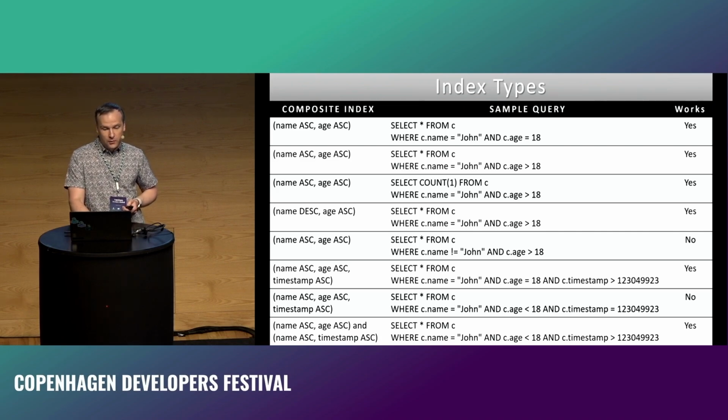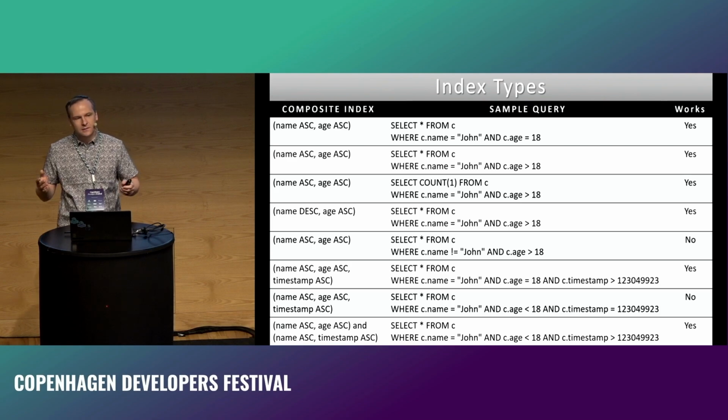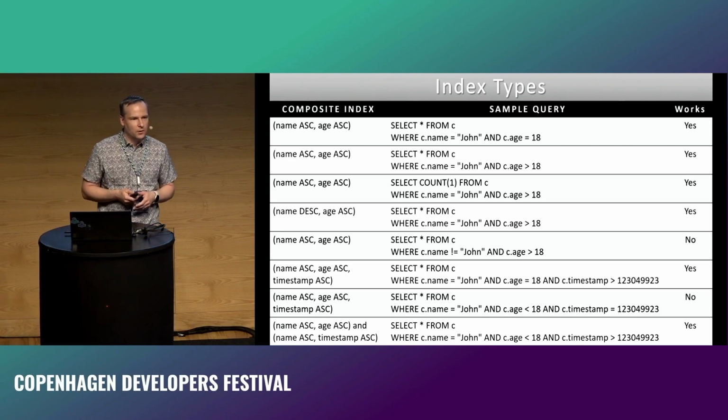If you want, you can create multiple composite indexes. For example, if you look at the select all from c where name is John, and I'm passing the timestamp here, the first one is not working because the range filter is in the middle, not at the end. But the other one works because I actually have two composite indexes here, so that handles both of them together. So composite indexes can be tricky. I'd suggest testing in QA and being sure it's working,